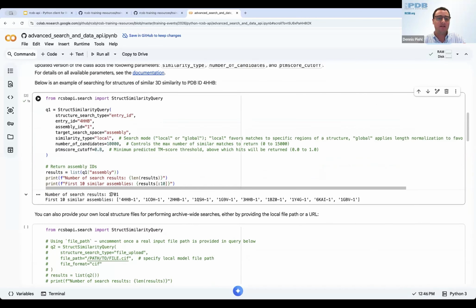And we see that we get 1,700 results, along with the first set of matching identifiers. And it makes sense that the top scoring similar assembly is for HHB1 because that was the assembly that we actually queried. So you can't get closer than that. And then everything below that are other similar